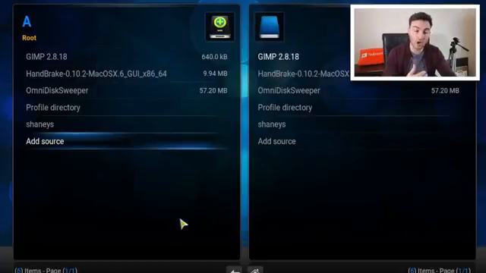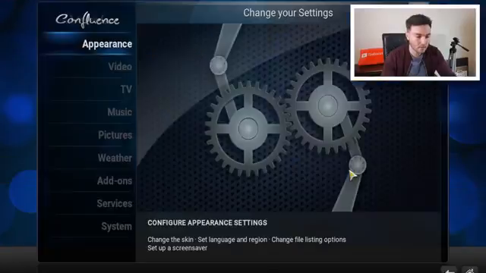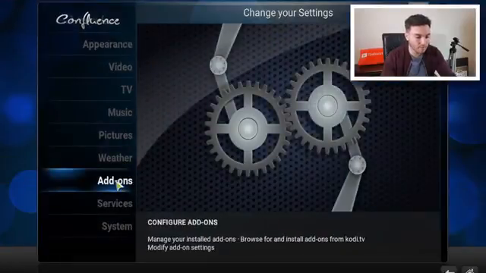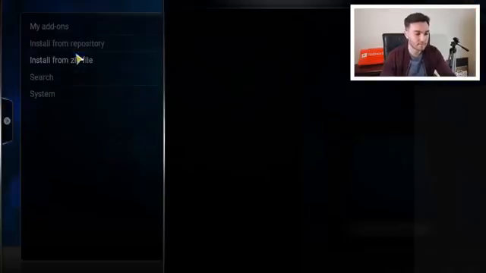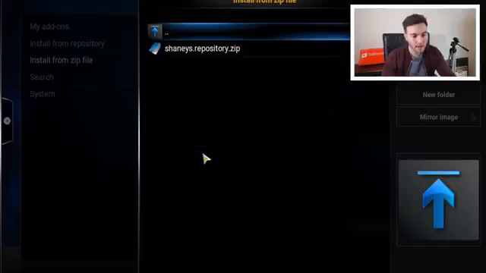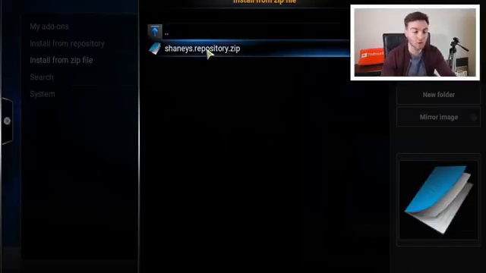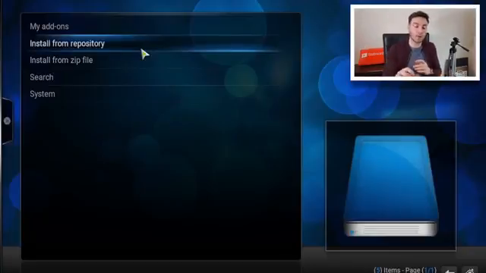Now what you want to do is you want to come out. You want to go into System, you want to go into Add-ons, you want to install from zip file, and you want to scroll down to Sharnies, and then click on Sharnies.repository, so click on that. After a few seconds it'll say Add-on enabled bottom right hand side,